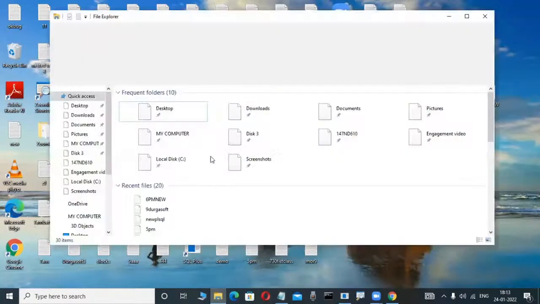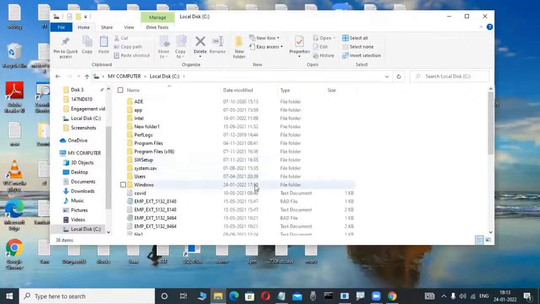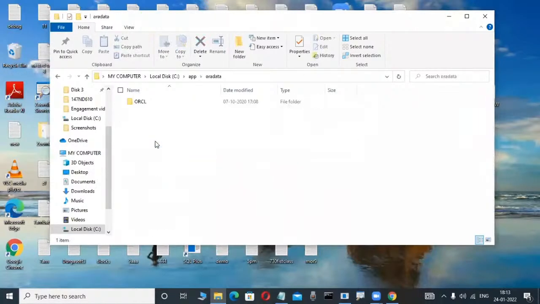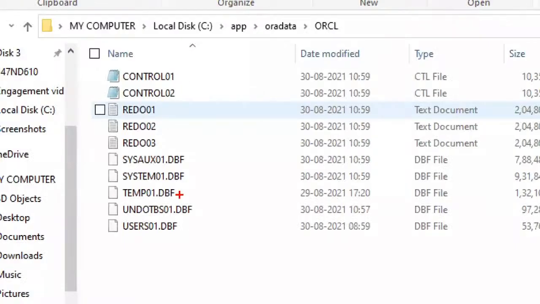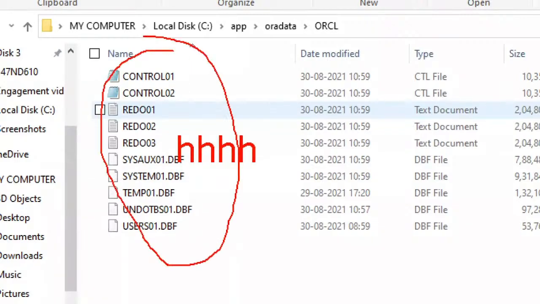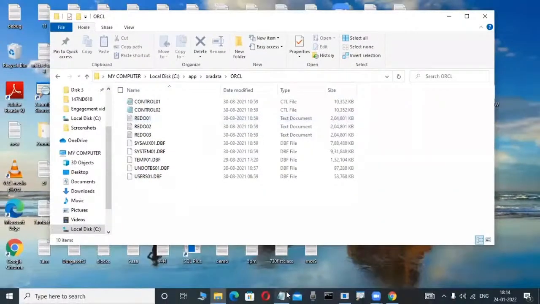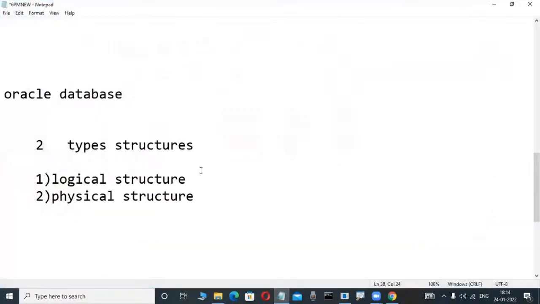I'm installing Oracle on my system, how you install Oracle we will learn in the next classes, don't worry. I install Oracle in the C drive or somewhere, and in this C drive your table is not available. Whatever table I create, it is not visible in the C drive or D drive. That's why a logical structure means a structure which is not visible